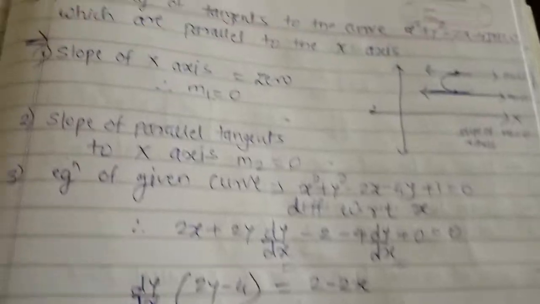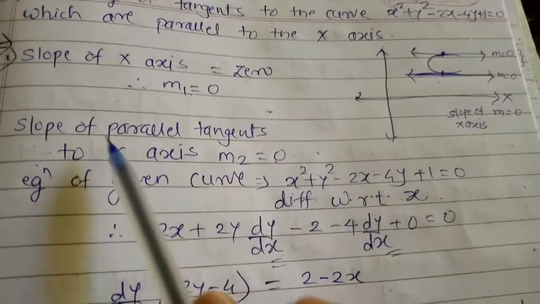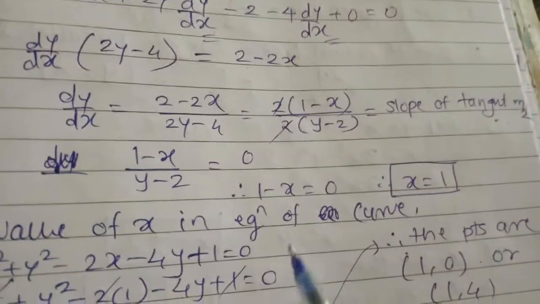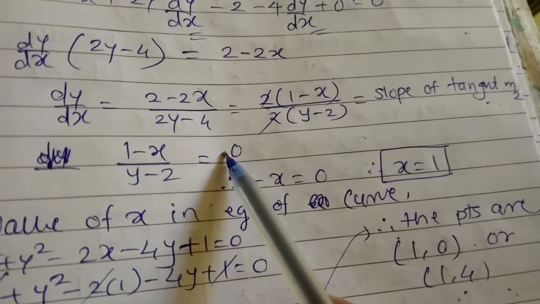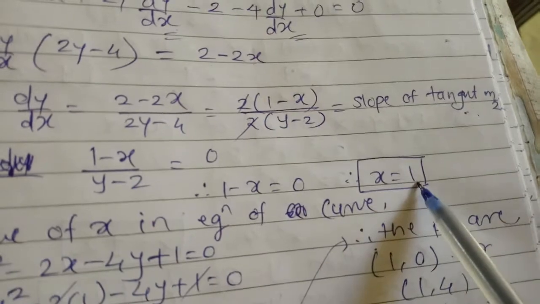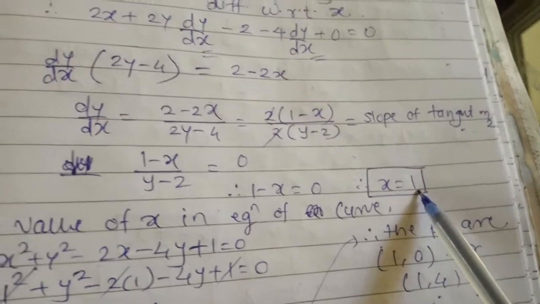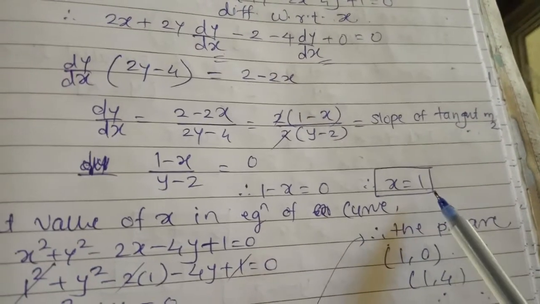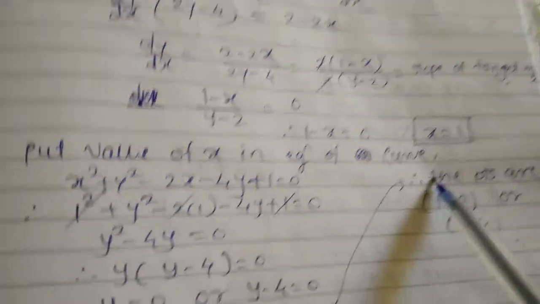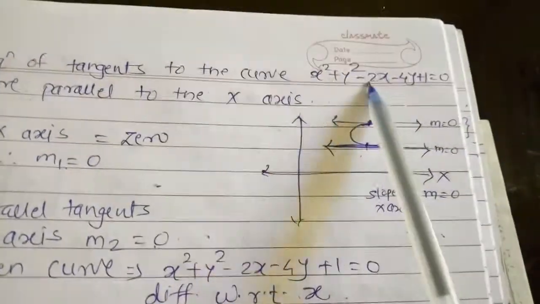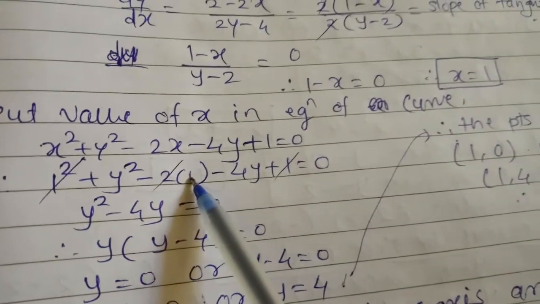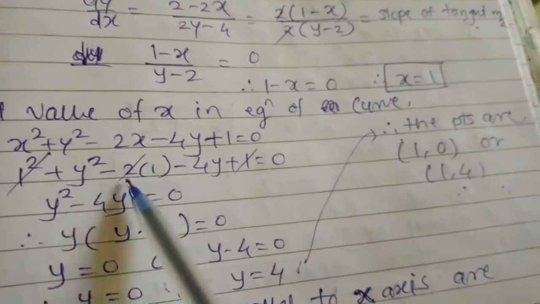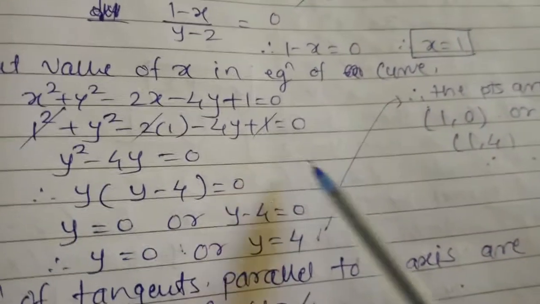कहाँ से आई ये 0? यहाँ से, slope of the tangents. So we are moving this y minus 2 to this side, so it becomes 0. So 1 minus x is equals to 0. So we get x is equals to 1. Now putting this value of x is equals to 1 in the equation of the curve, we get the value of y. तो कर्व का इक्वेशन हमें जो दिया था वहाँ पे वो हम फिर से यहाँ से ले लेंगे, and we are going to put down the value of x as 1. सो यहाँ पे मैंने x की वैल्यू 1 पुट की है.